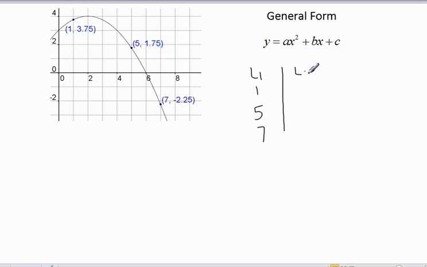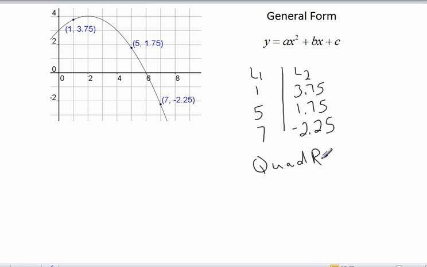Go to L2 on your calculator and put in the 3.75, the 1.75, and -2.25, and go and run quadratic